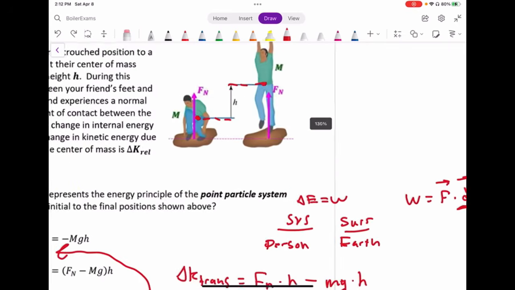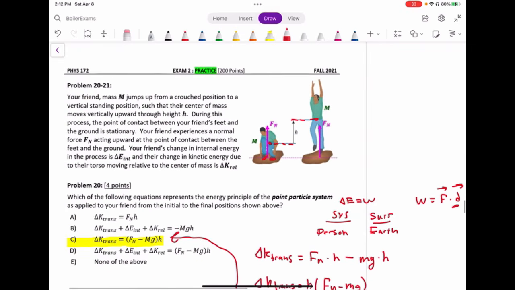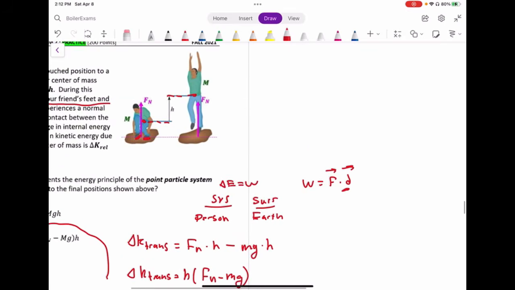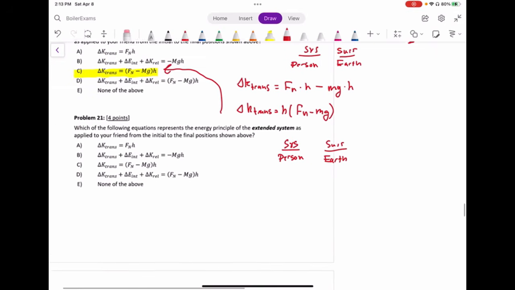So now let's look specifically, where is the normal force being acted on this dude? It's being put on his feet, right? And as they mention, we're only looking at the point. Your friend's feet are stationary on the ground the whole time. So maybe I should draw a little bit of another picture. Initially, he's crouched, and then he's fully extended. Okay, he just grew like 15 feet. It's okay. He's extending up. His feet are stationary on the ground the whole time. So even though there's that normal force,